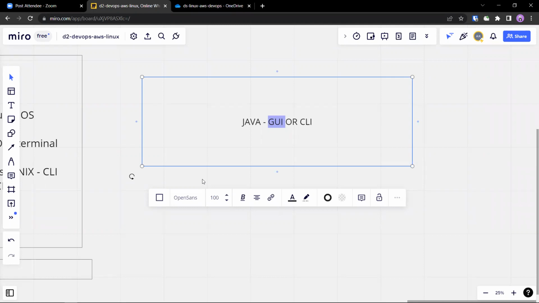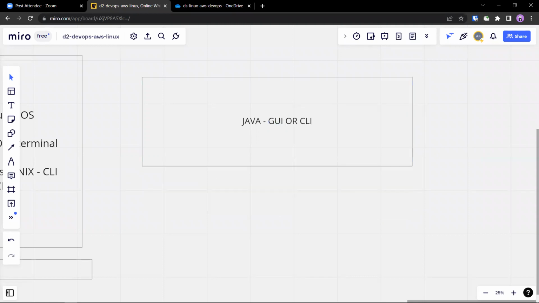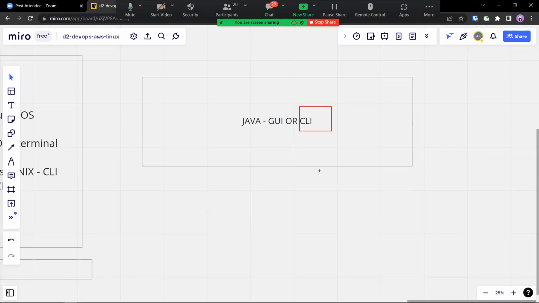You are already comfortable with the command line interface. All your Java programs mostly run on CLI. That's the reason Java is popular. That's the reason the whole full stack is extremely popular, because it can be run very easily on a CLI on a Linux system.